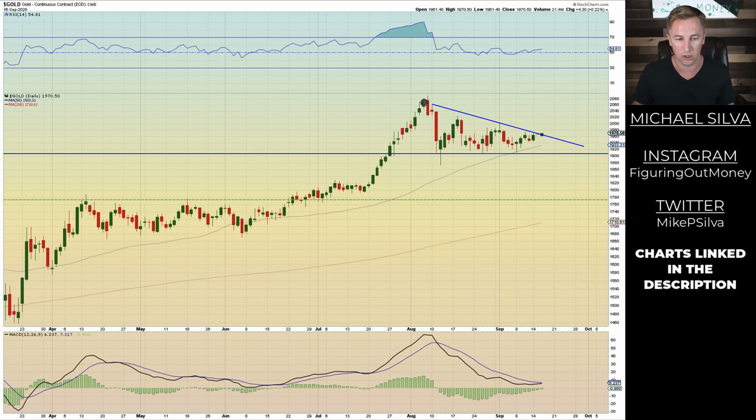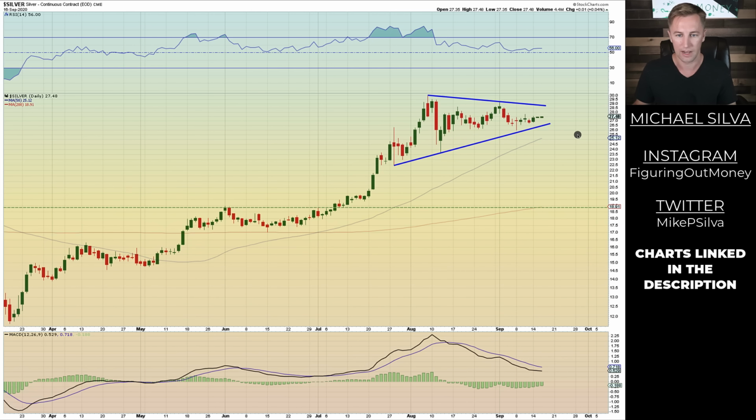But I think we had a close 2,070, right around that range. So we're going to keep an eye on this. Remember, if the dollar starts heading downwards, we're going to probably see gold try to go attack its previous all-time high. Hi-ho silver here, still moving sideways, and it's been consolidating really since